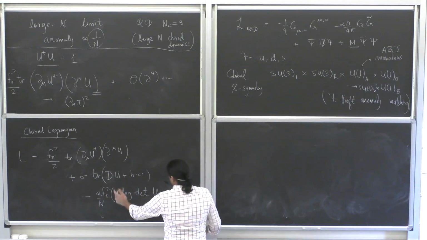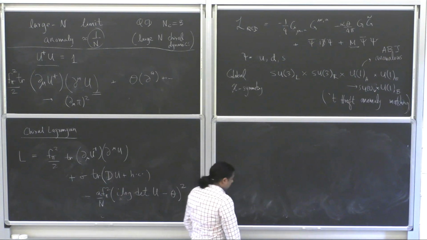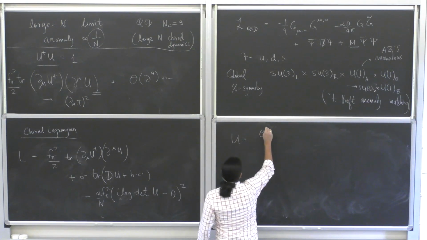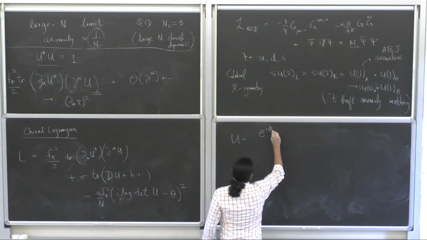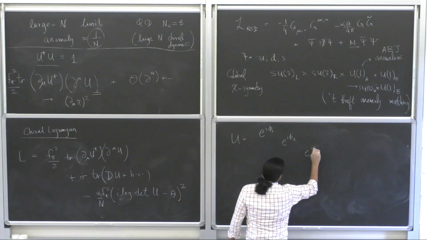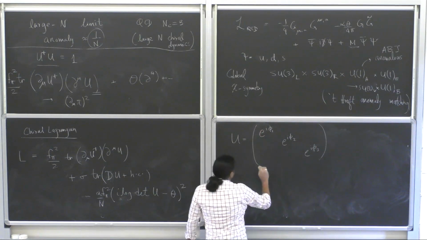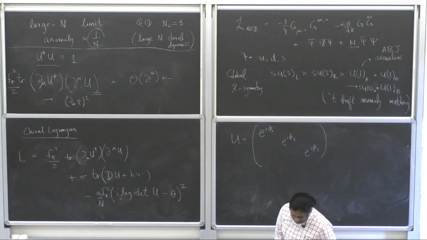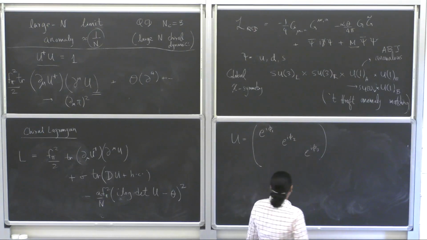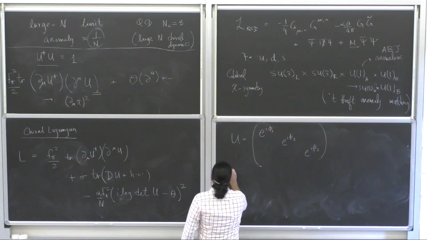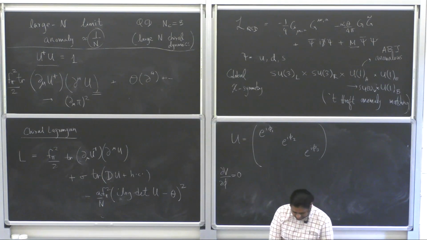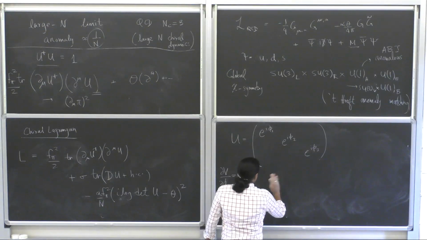So first of all, if you look at the potential, the mass terms are diagonal in the matrix. So the vev for U will take the form of a diagonal matrix. Because the potential itself is diagonal in U, the vev itself would be diagonal, and so if we just do dV/d phi equals 0 to calculate the minima of the potential, we end up with the following equations. Okay,